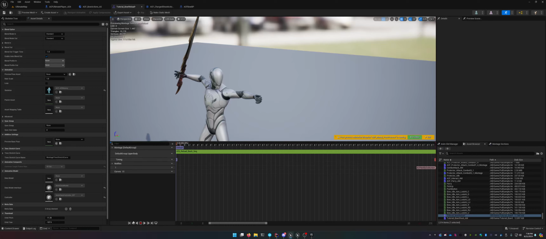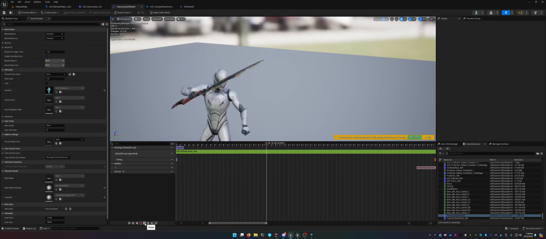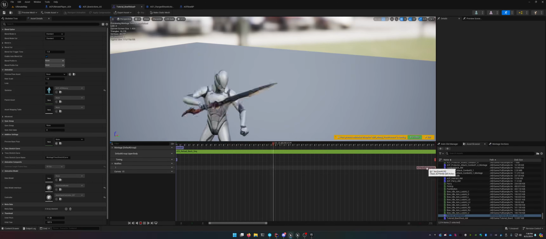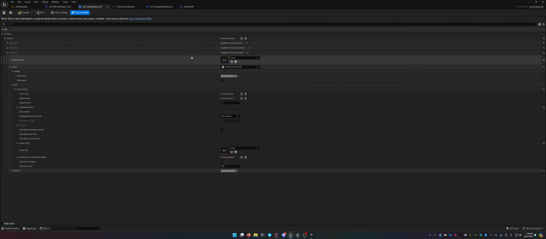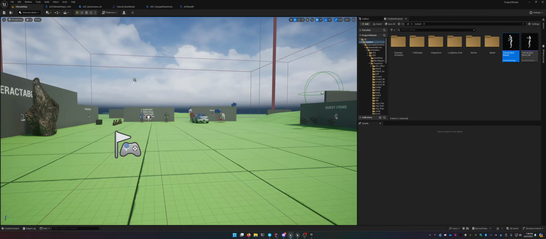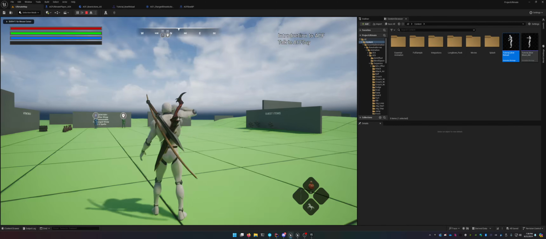If I get rid of my montage section, there we go. We have this extra twisting action as we notch the arrow and put it in, and then we just have an ACF notify exit action at the end. I'm going to search for this again, so we can select it in content browser. In our bow actions, I'm going to change my montage to the one that we were just in. And now, if I come back over here,